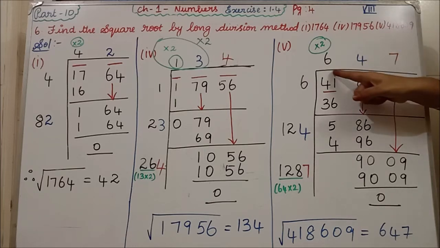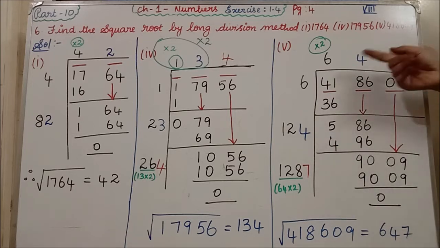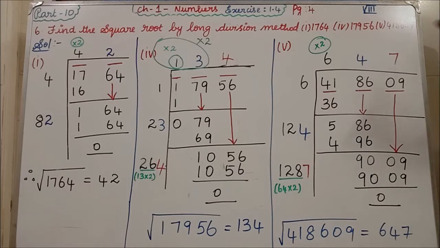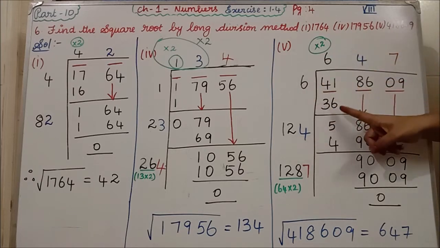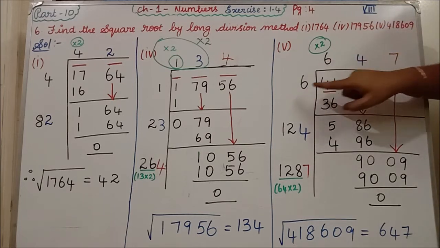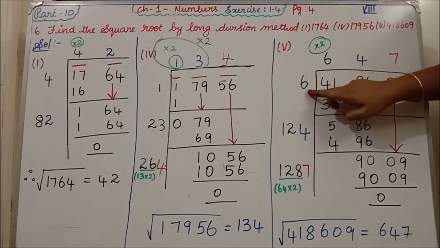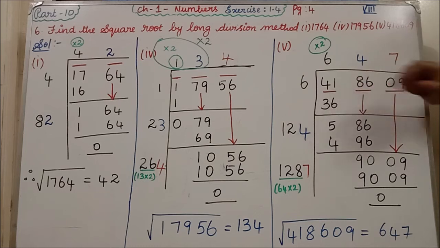Yes, the first group number you have to see. Then which square number will come near to that you have to see. Okay, 41 is there. So if you write 6 and 6 you will get 36 which is near to this 41. If you write 7 means 49, it exceeds 41. So you should not write 7. If you write 5, 25, very less when compared to 41. So you have to put 6, 6 sixes are 36. Clear what I am saying?